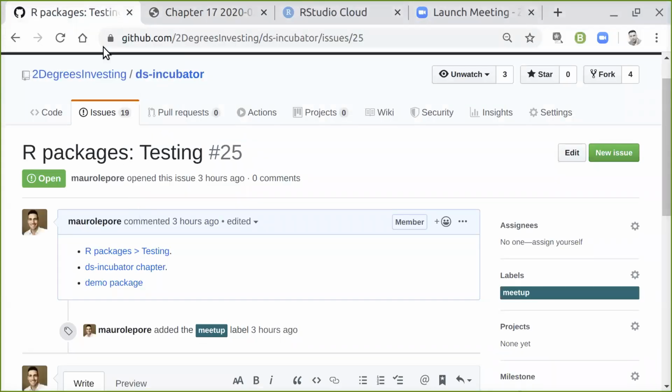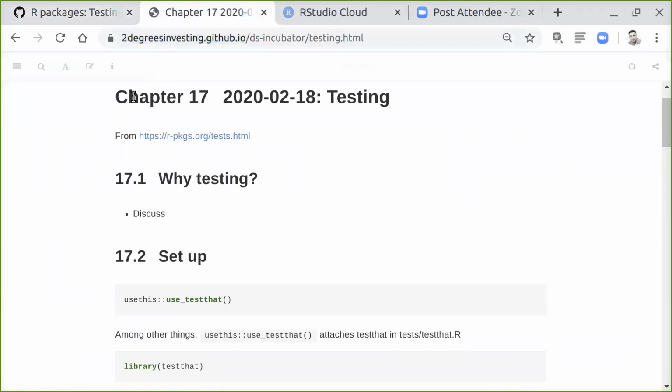Okay. So before, I was talking about this issue in the data science incubator repo, which includes links to the book that I'm getting the information from, also to the data science incubator chapter that I'm going to be walking through, and to the demo package, which is the package that contains the code that we were working on last week, and we may do something there today as well. So now I click here, you should be seeing chapter 17. Is that okay? Yep, we can see it. Okay, great. So the first